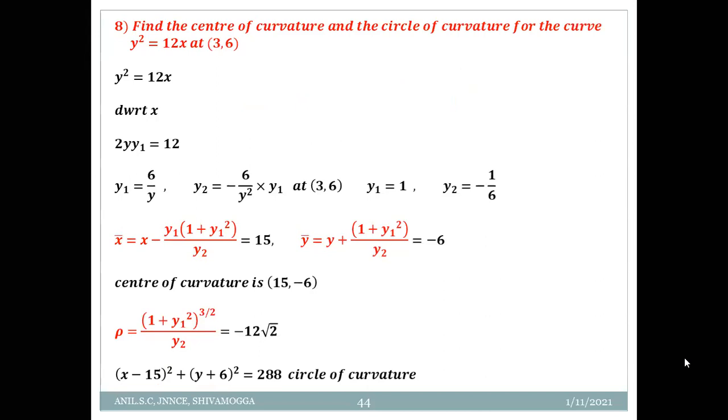With this problem, we finished first module, right? I finished first module, but I would like to solve a few more problems in first module from starting itself. That means angle between two curves, pedal equations. I'll solve one or two problems in each method. Okay. Okay, sir.